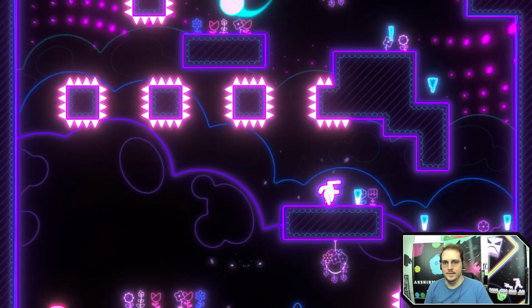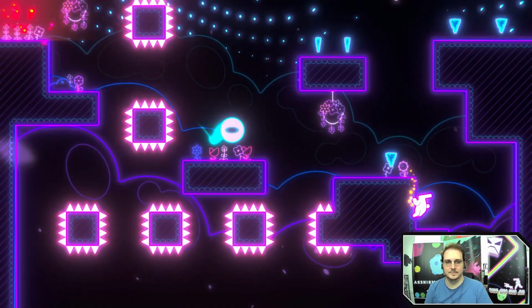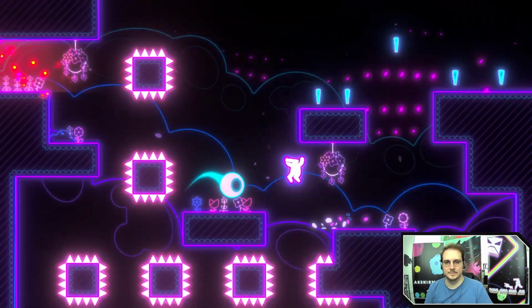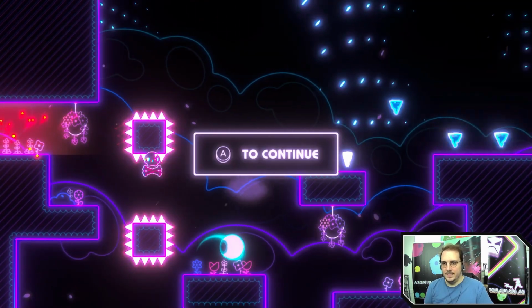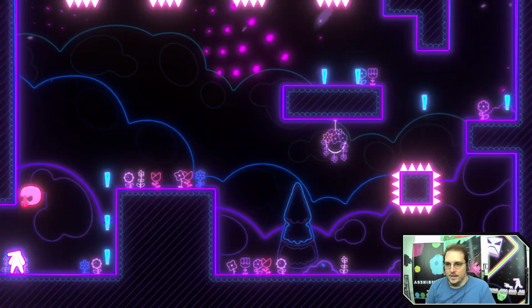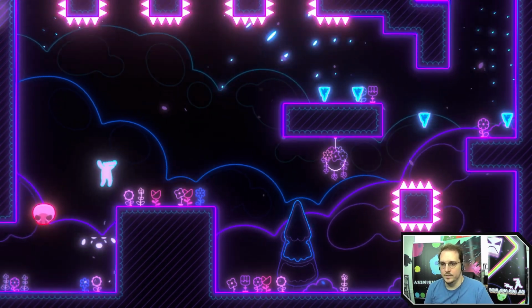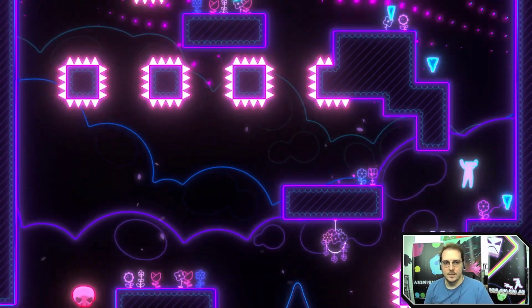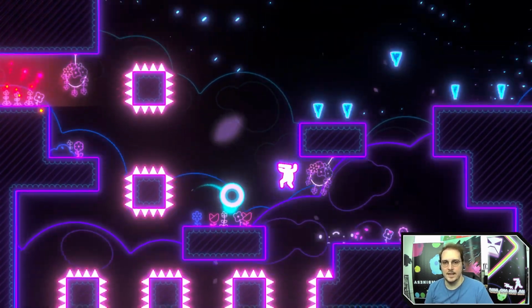So here we are. Not too bad so far. Here's another spot. Our double jump isn't quite enough to get to this challenge orb, so we'll skip it for now, and maybe we'll come back and see the rest of that later.